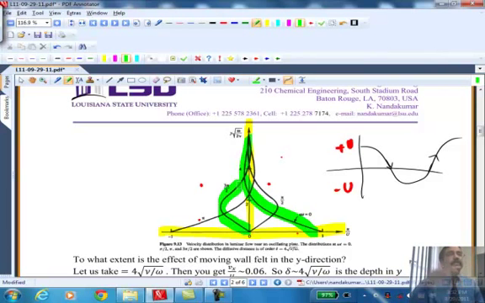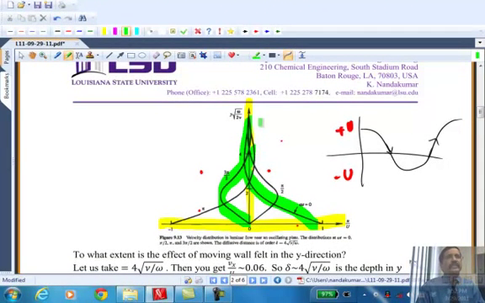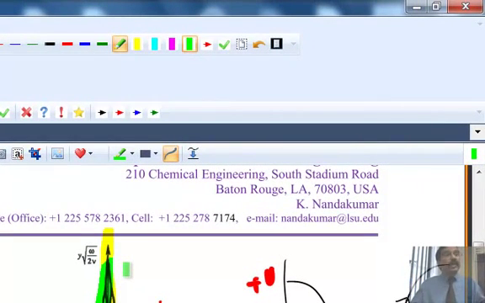Previously, at various instants of time, we got a self-similar profile. Now there is no self-similarity. Why? What did we see about the requirement for self-similarity? You should be able to combine the three variables that are left in the problem, that is y, t, and nu, into a dimensionless group. Then you can define a new variable, and the unknown velocity will be a function of that single variable. But in this case, I have